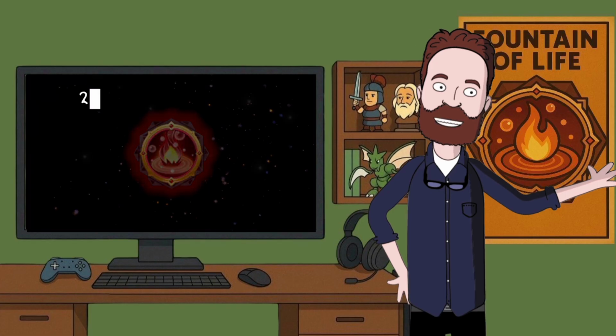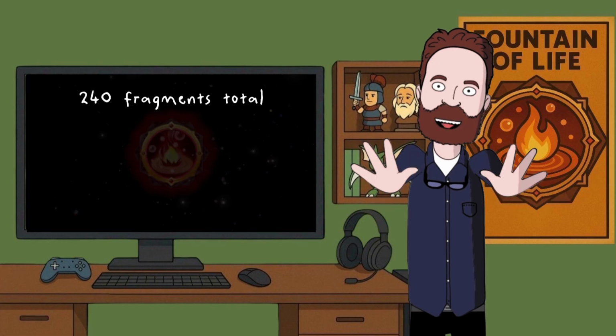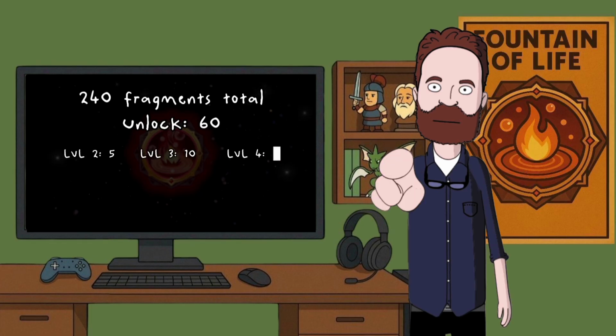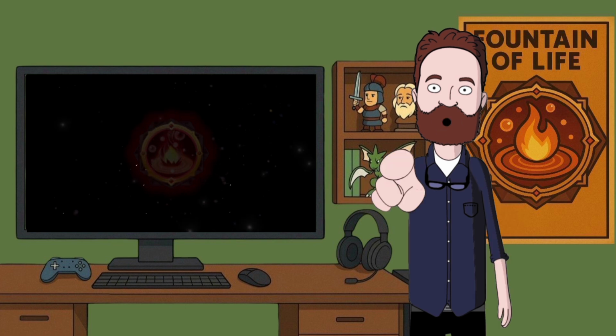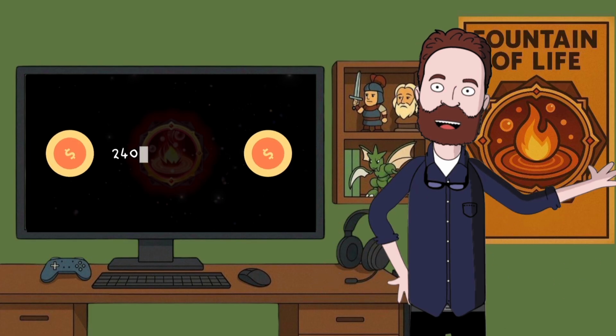But let's be real, none of that synergy matters if you can't actually unlock the skill. So before you start theory crafting your perfect setup, let's talk about what it'll cost you. To fully max out Fountain of Life, you'll need 240 fragments in total. That's 60 to unlock. Then 5, 10, 15, 20, 30, 40, and finally 60 more to reach level 8. In the absolute worst case scenario, where you only get the guaranteed 4 fragments every 40 spins, you'd need 2,400